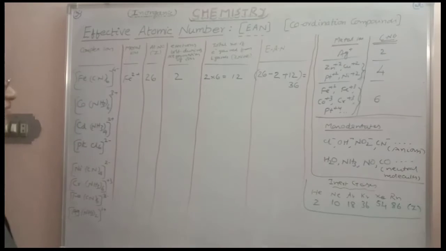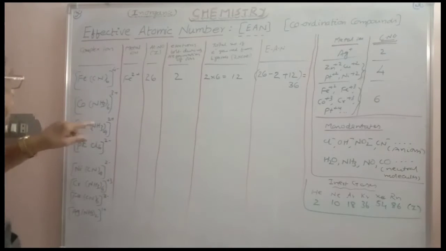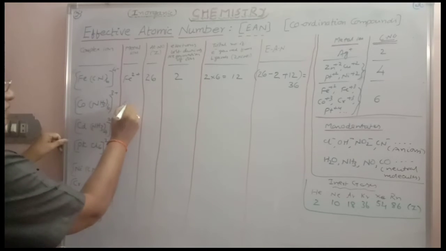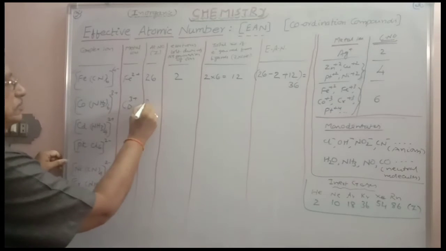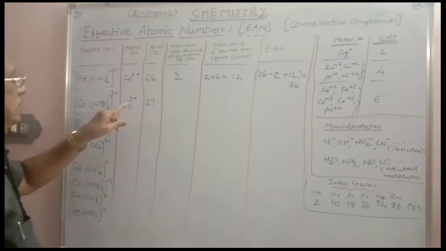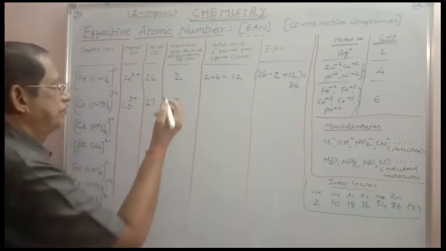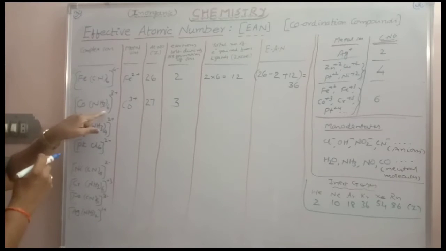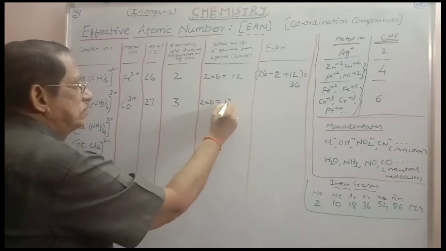Similarly, you can take here iron, cobalt, nickel: 26, 27, 28. Cobalt, here Co(NH3)6 3 plus. X, ammonia is 0, it is a neutral ligand. 0 into 6 is 0, so X is plus 3. And so here the ion is Co plus 3, right? What is the atomic number of cobalt? 27, right? How many electrons are lost during the ion formation? Plus 3 is obtained by the loss of 3 electrons. What is the coordination number? Coordination number is equal to 6, the number of monodentate ligands. So 2 into 6 is equal to 12.